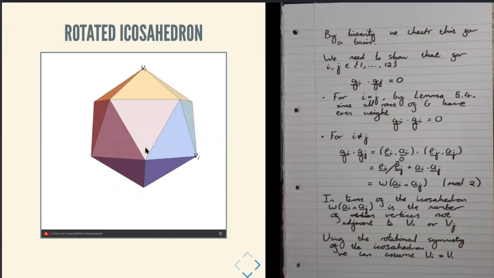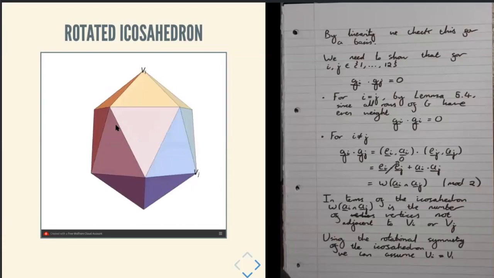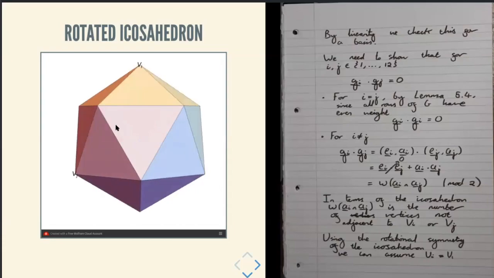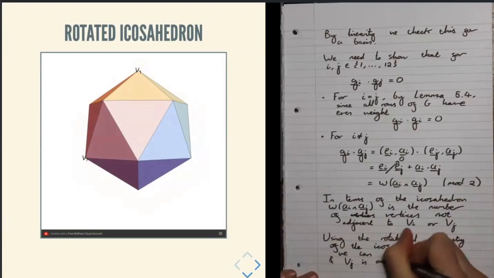I can rotate this icosahedron through the axis that joins V1 to V12. It's got a 5-fold rotational symmetry. And that just means I can turn it round like this, so that Vj takes this position down here. And that's the position that we called V7 before. So I can assume that Vi is V1, and Vj is one of